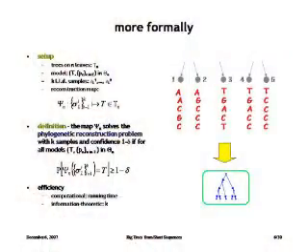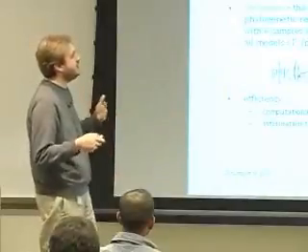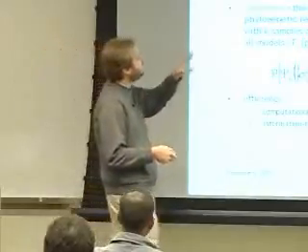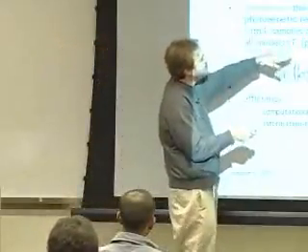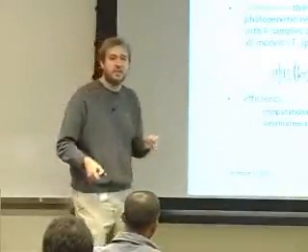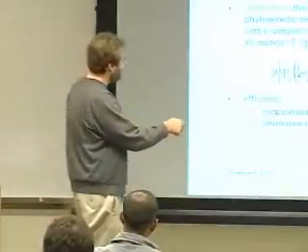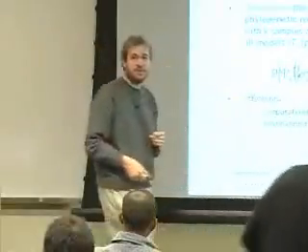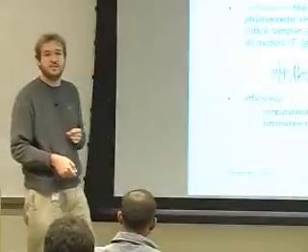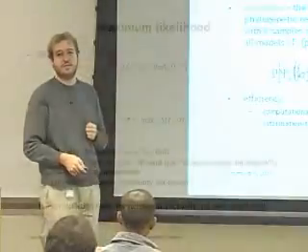Okay, so more formally, this is the problem I want to solve. I have these observed species, and I think of the sequences as being k samples from one of those models. And then what I want to do is to find some map that maps these sequences to a tree. And I'd like this tree to be the correct tree with high confidence. I care about how much time it takes as a function of the number of species, and also how large k should be as a function of the number of species. So how long my sequences need to be to get this kind of high confidence result.